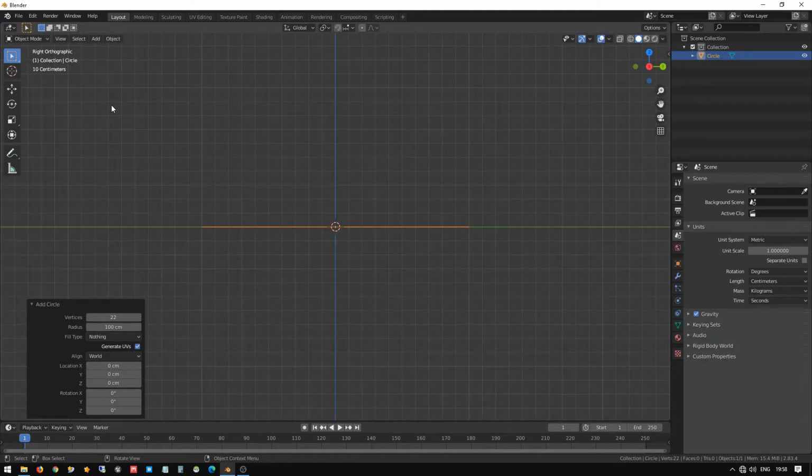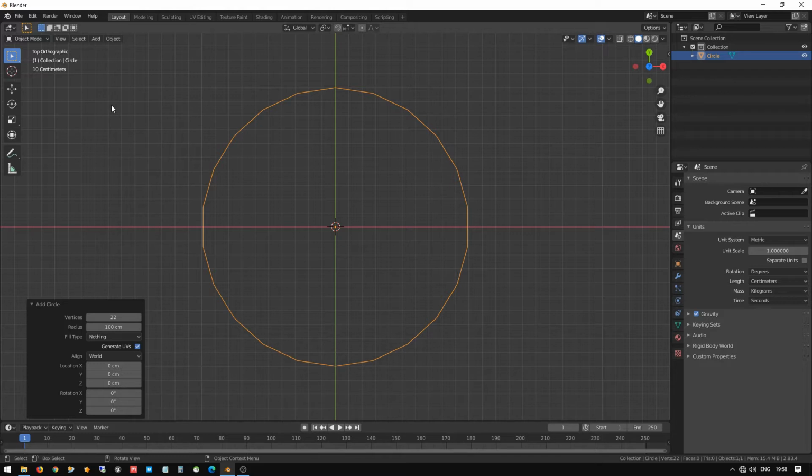Press 3 for the right orthographic view, Ctrl 3 for the left orthographic view, and Ctrl 1 for the back orthographic view. Press 7 for the top view and Ctrl 7 for the bottom orthographic view. Press 9 for the top view as well, so 7 and 9 are the same. You can use whichever is easier for you.